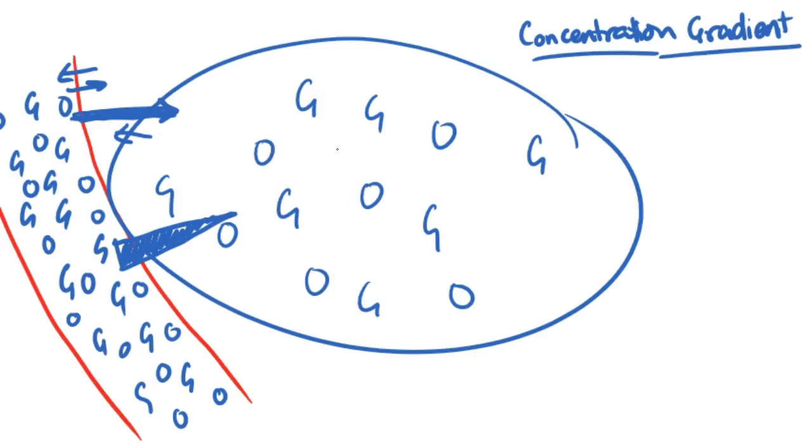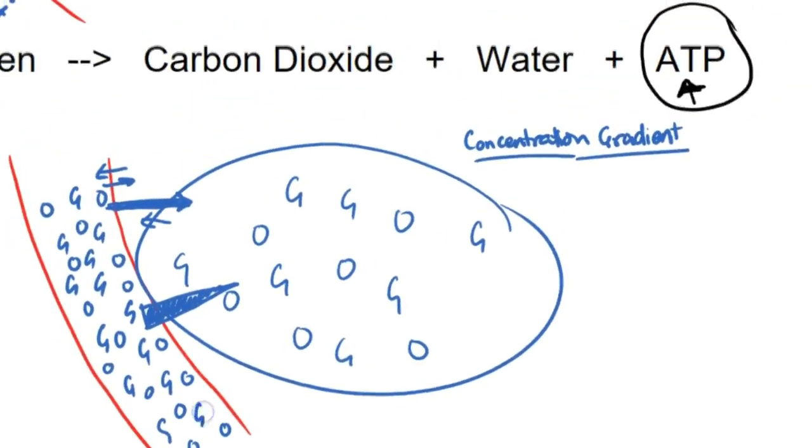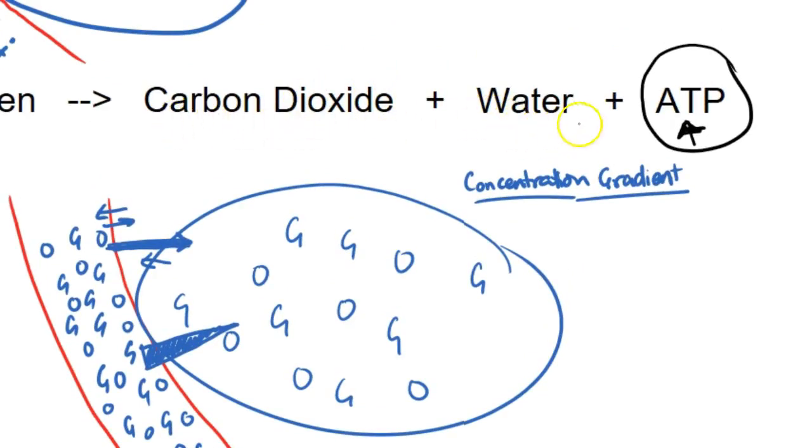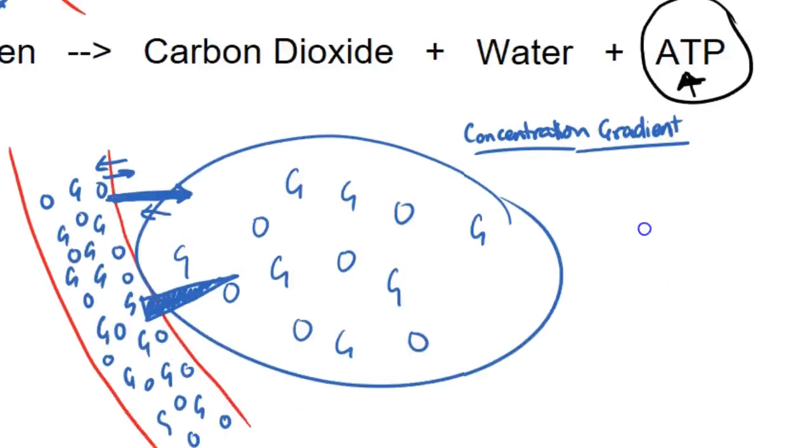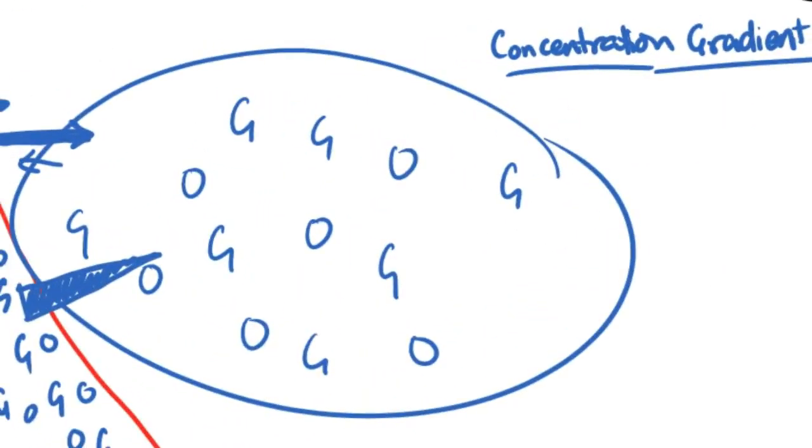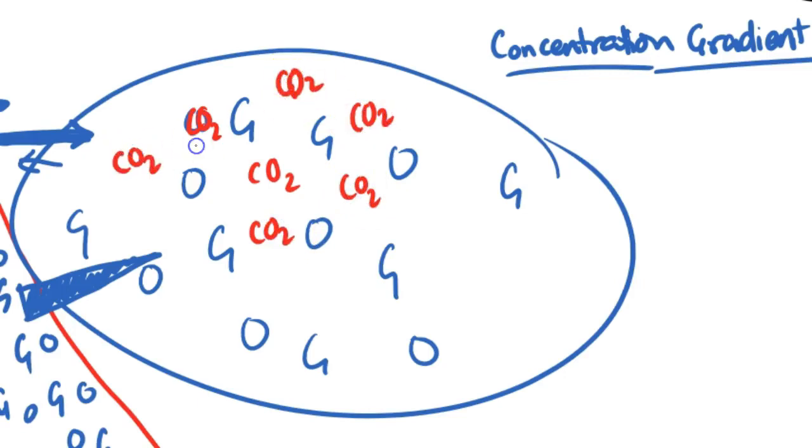But if you've got a whole heap of these waste products, let's have a look at the waste products. Look here. If you've got a heap of carbon dioxide and water and ATP and other stuff in the way, then you're going to have the way blocked, because you're going to have CO2. If you've got lots and lots of CO2 here, it's actually going to get in the way of the glucose and the oxygen combining and hitting. So you've got to actually get rid of your waste products, because if they actually get built up in the cell and aren't removed, they will actually slow down your chemical reaction because they'll interfere with the collisions between the